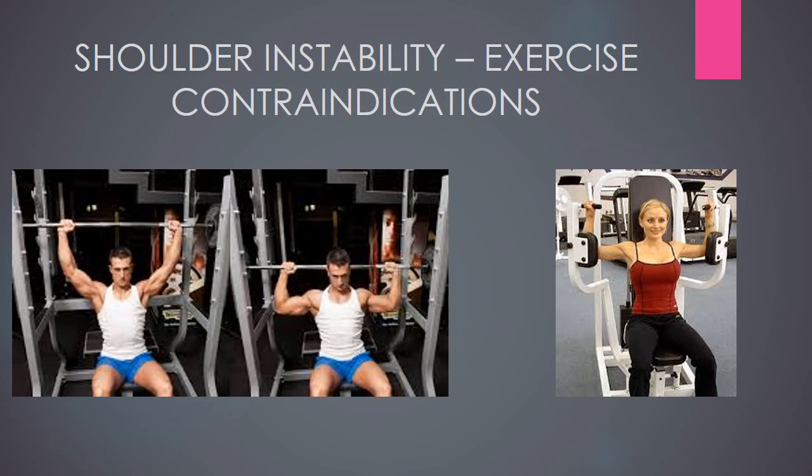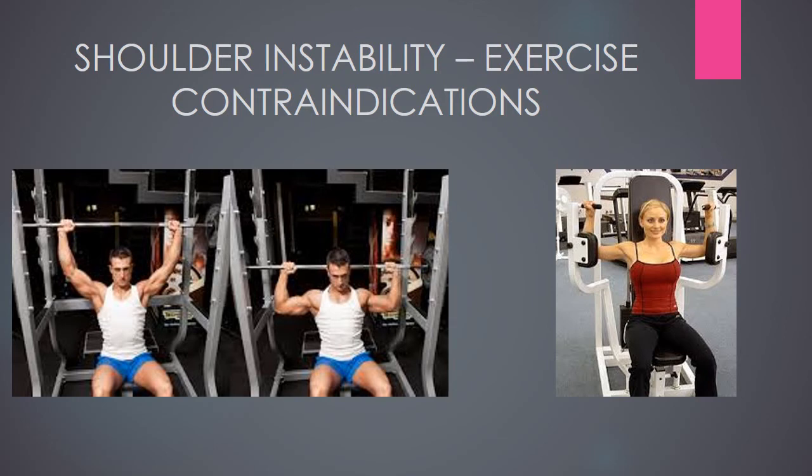You'll notice that with the behind the neck press, this position exactly reproduces the apprehension test. We have the shoulder at 90 degrees of abduction, and we have the humerus rotated back to 90 degrees of external rotation. And as this bar comes down behind the neck, that causes translation of the elbows further and further behind the body, increasing stress on those anterior glenohumeral ligaments and aggravating anterior instability.